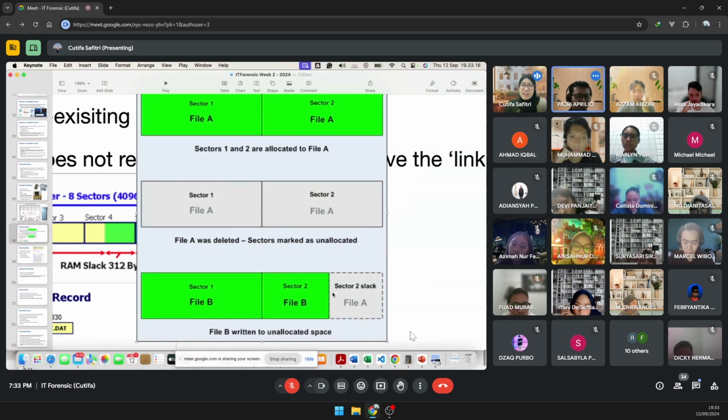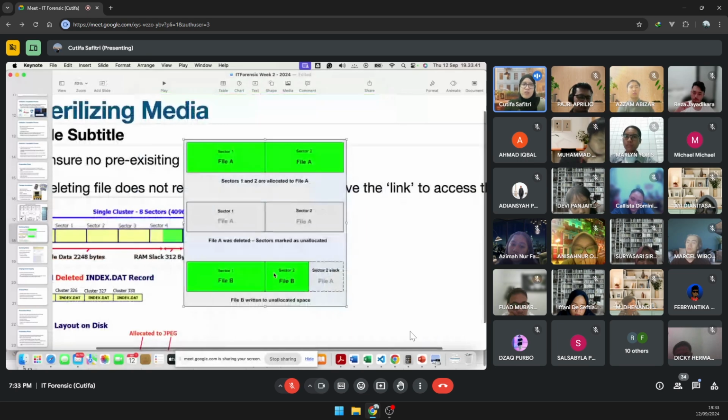So file A will be there, until the size of file B increases. Thank you for your question. You are very thorough. So correct: when you start a new file, it won't start in the middle here. It will start at the beginning of the new sector.